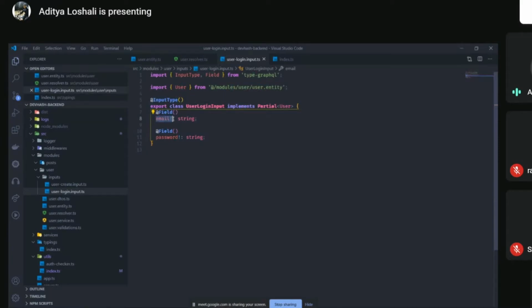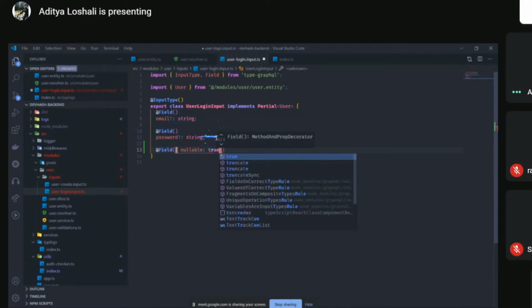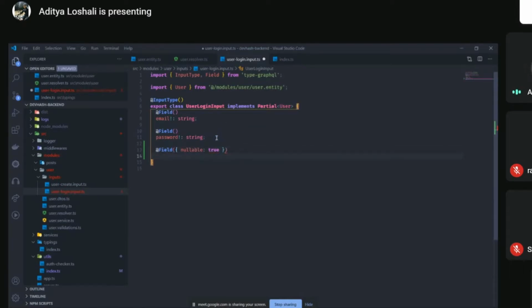So we have a property and we are saying it is of type string and it is required. By default field is a string and by default it is also required. So we didn't have to make any changes here. But suppose during login, I had something else like a base URL to provide to the backend, but it's optional. So I'll mark it nullable true.